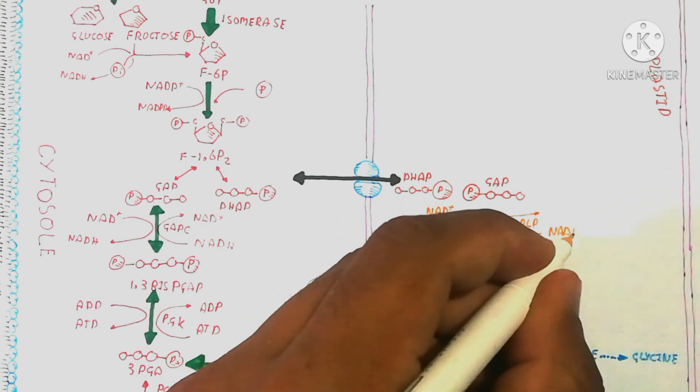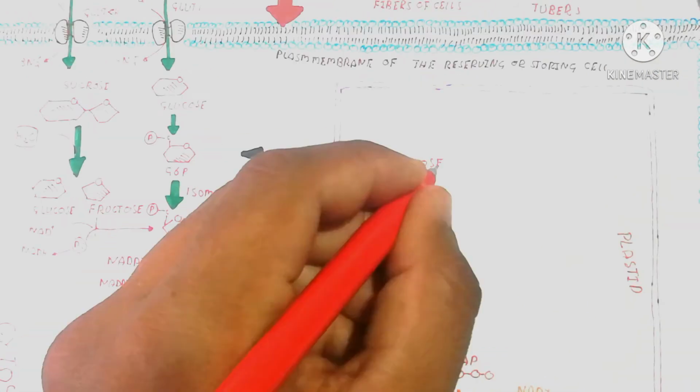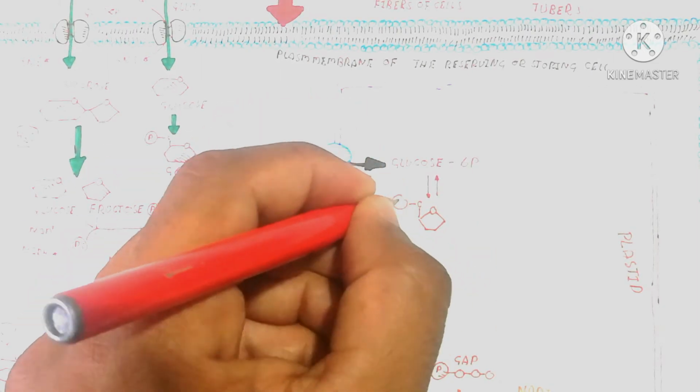This is the production, and it is converted again by chemical reaction to produce protein or fat. From here, the important thing is glucose 6-phosphate